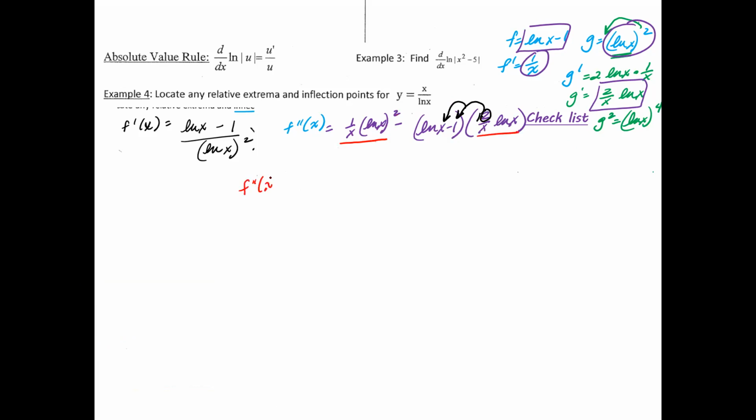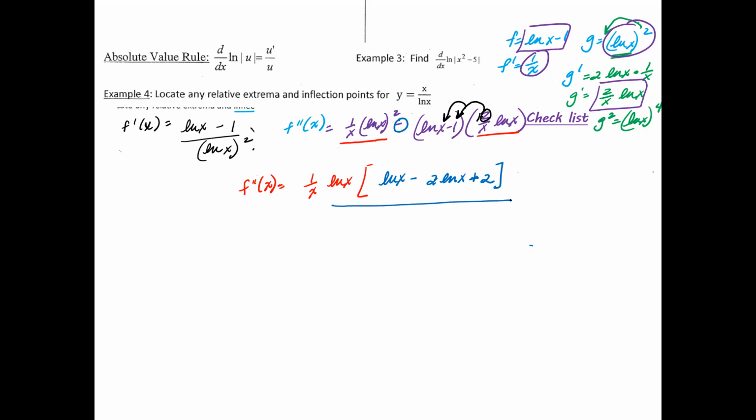So f double prime of x is equal to, and don't worry, I haven't forgotten about g squared, it's still there, 1 over x ln x. And if I factor that out, then what I have left is ln x from the first part right there, minus, I took the 1 over x ln x out, so I have a 2 left, so I distribute the 2. If I distribute the 2, I will have a 2 ln x minus 2. But because I have this negative right here, negative times a positive is a negative 2 ln x. Negative times a negative 1 is a positive 2. So just be careful with that.